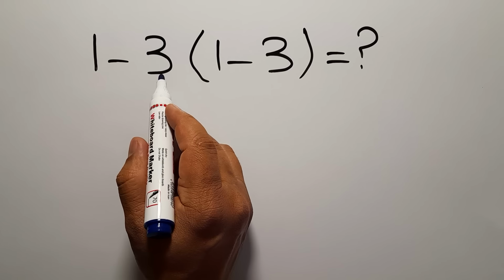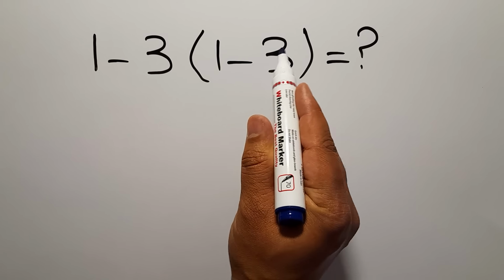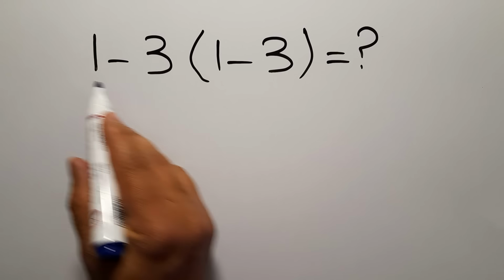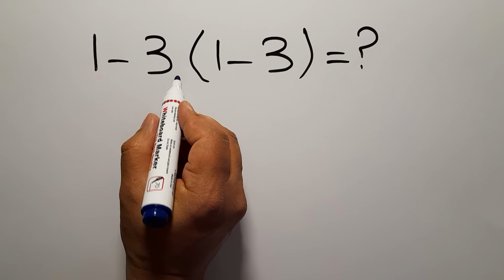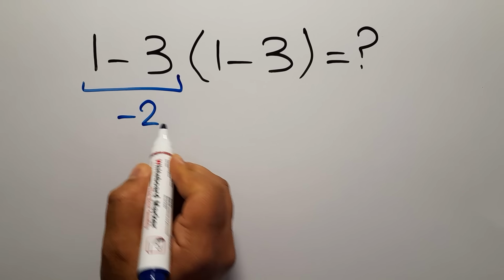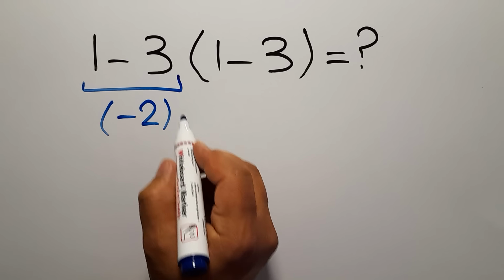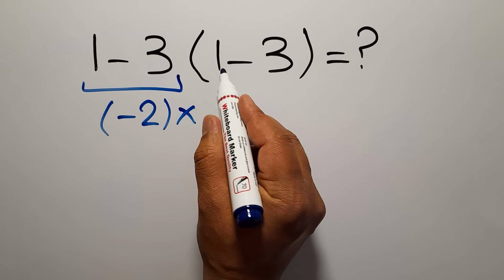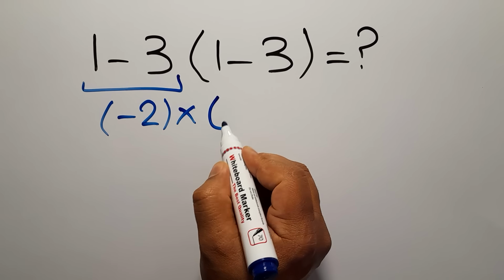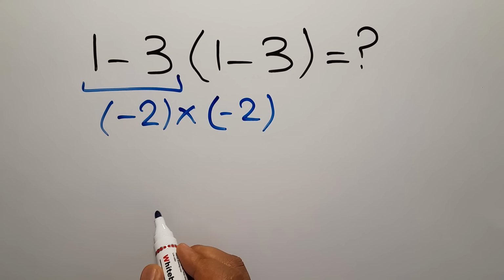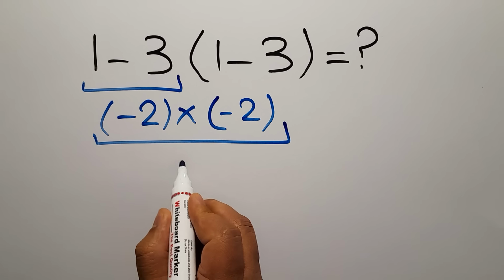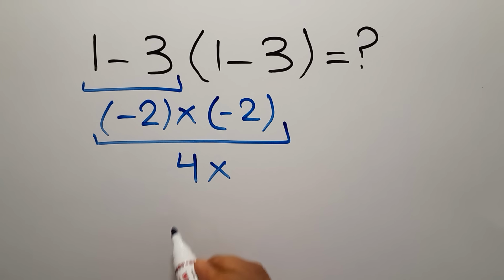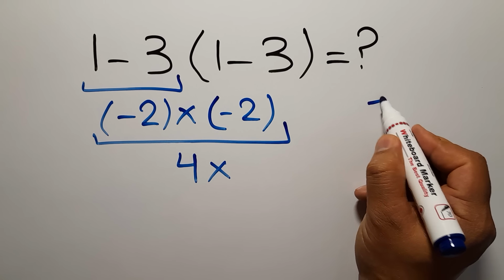1 minus 3, and again here we have 1 minus 3. So 1 minus 3 times 1 minus 3. 1 minus 3 is negative 2. So negative 2 times, again here we have 1 minus 3, which equals negative 2. We have negative 2 times negative 2, which equals 4. But this answer is not correct, because according to the order of operations, which is PEMDAS,